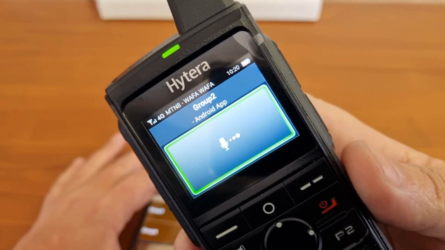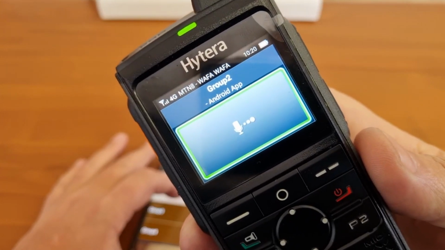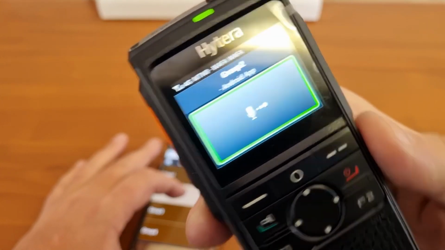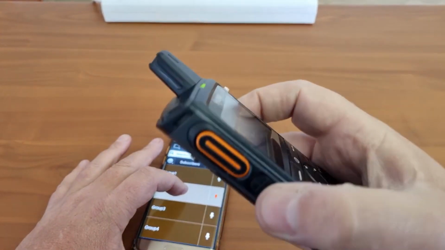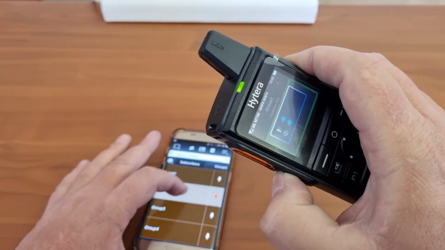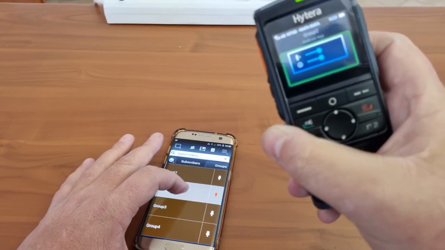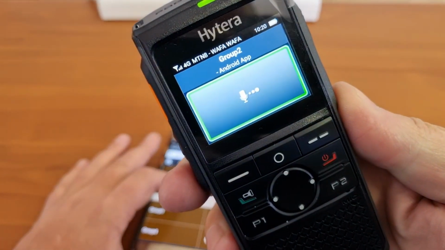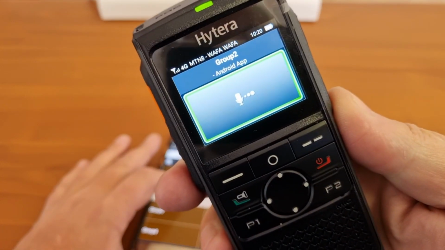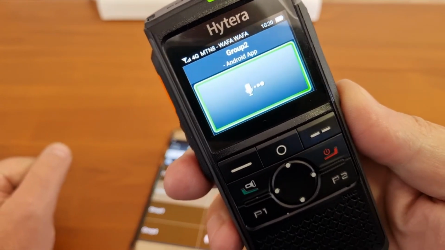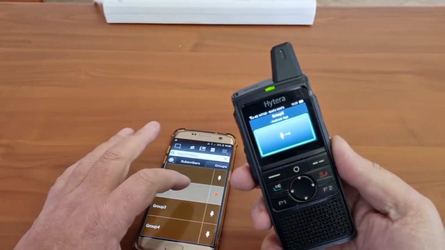It shows that there's a conversation, but there is no conversation. Even if I turn the volume up slightly, just to show you, okay, there is nothing happening. Okay, because I have muted that specific group. Okay, if we let the hang time expire,